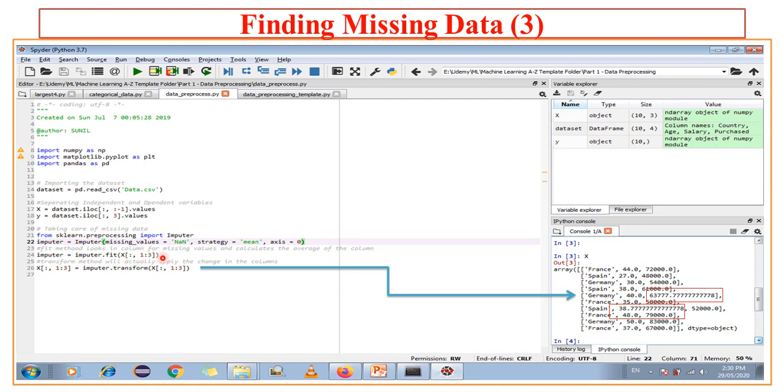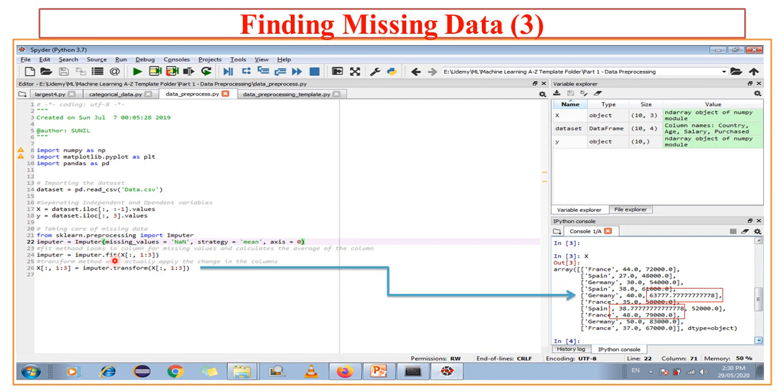But the actual replacement is done using which function? The transform function. The transform method will actually do the application part of whatever was done by the fit method.